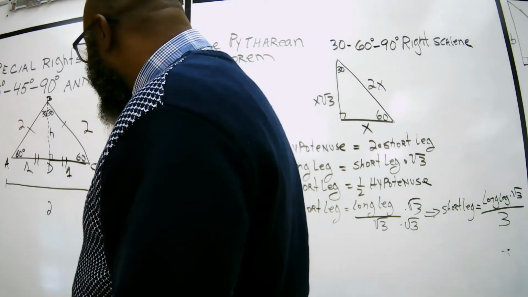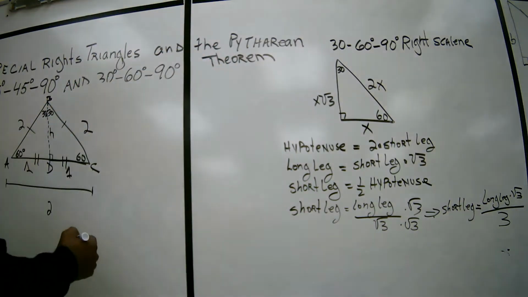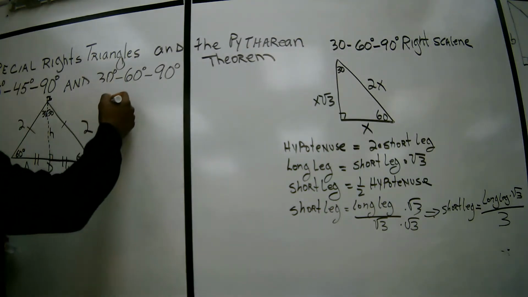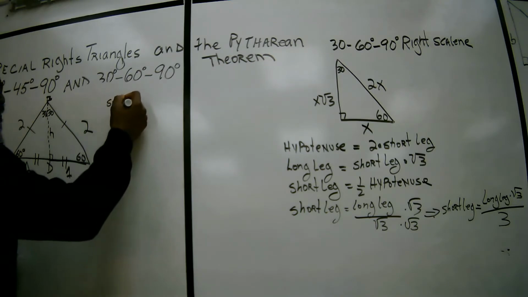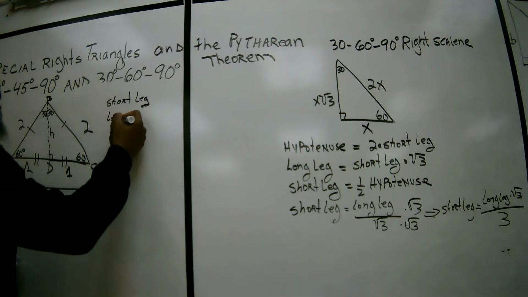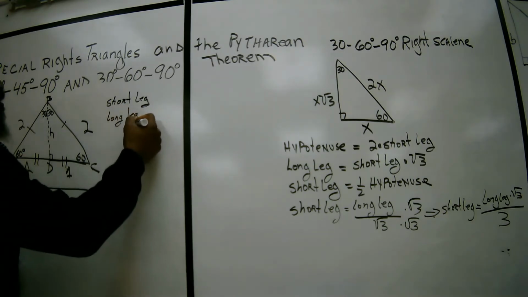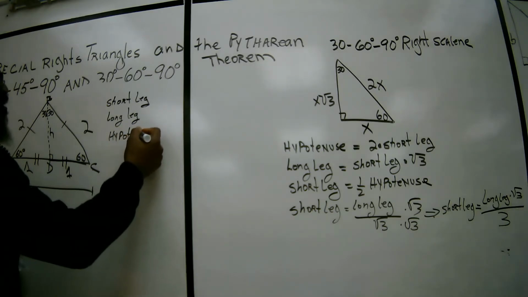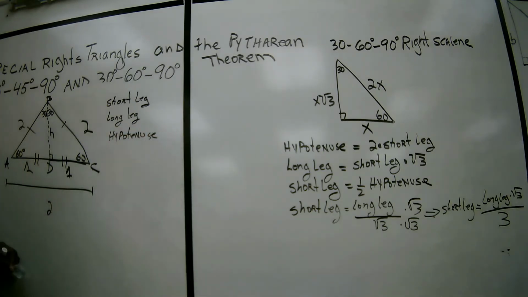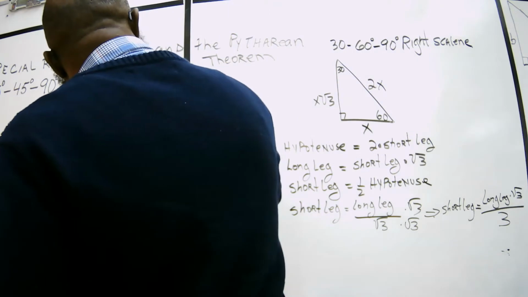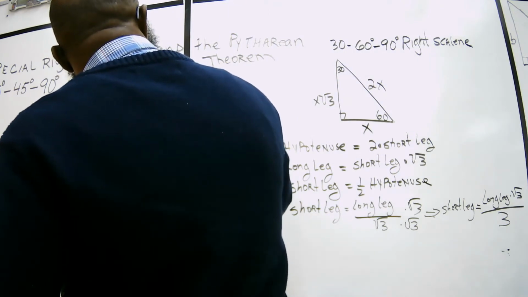So, in a 30, 60, 90 triangle, there are key terms that you need to know. We have short leg, we have long leg, and we have hypotenuse. As in the 45, 45, 90 triangle, we only have legs. So what you have to know is that the short leg is always opposite